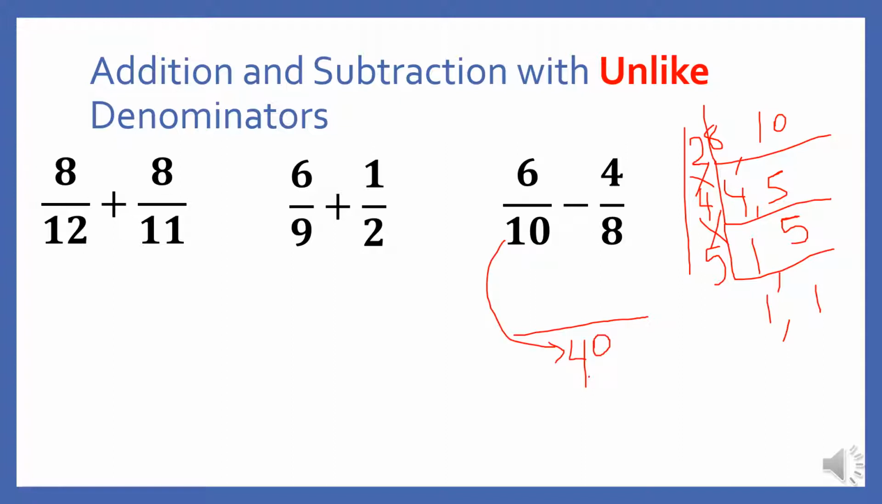I'm going to do the same thing again. I'm going to divide and then multiply. 10 can go into 40 how many times? 10, 20, 30, 40. 4 times. I'm going to multiply that answer by my numerator. 4 by 6 is 24. 24 comes here. Then I'm going to subtract